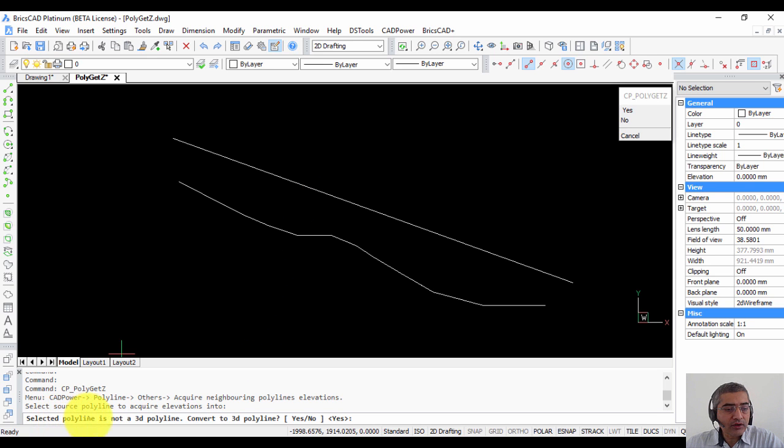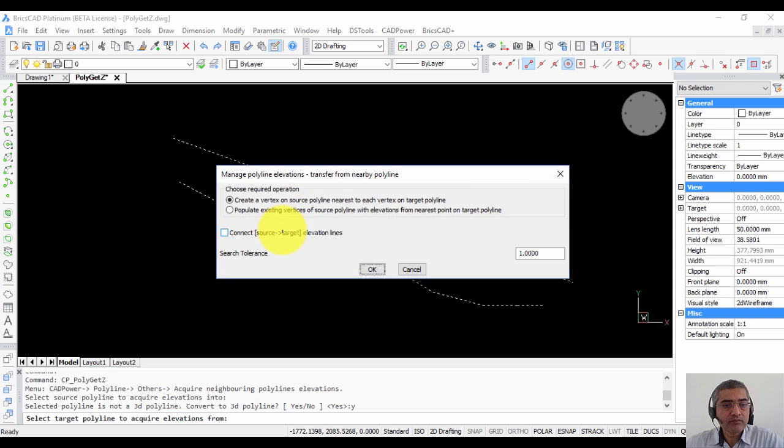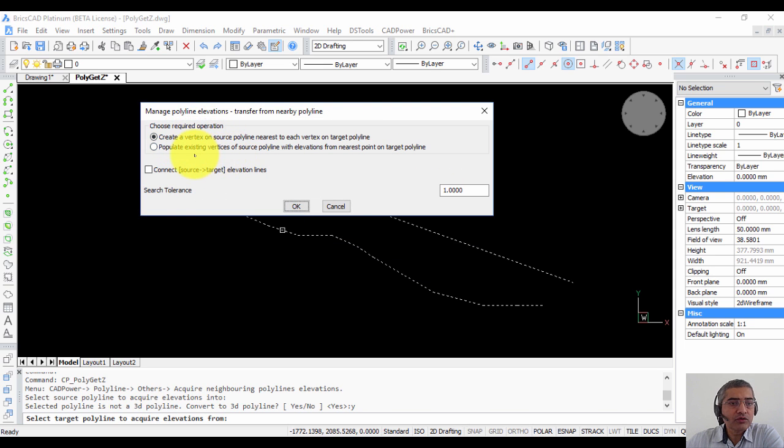Now here is a warning, it's not a 3D polyline, so do you want to convert it into a 3D polyline? Because if you don't convert it into a 3D polyline, there is no way you can acquire elevations into it. So I'm going to say yes. Next question is select target polyline to acquire elevations from. So I'm going to select this polyline, and then this dialog provides you a few options of how you can